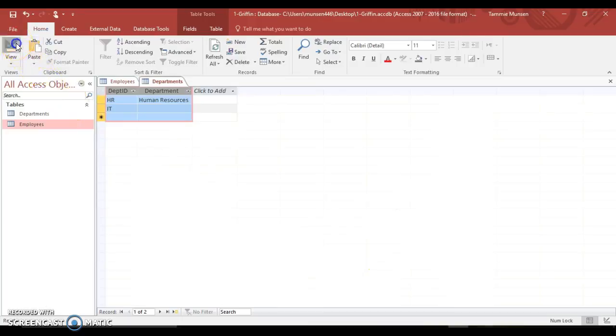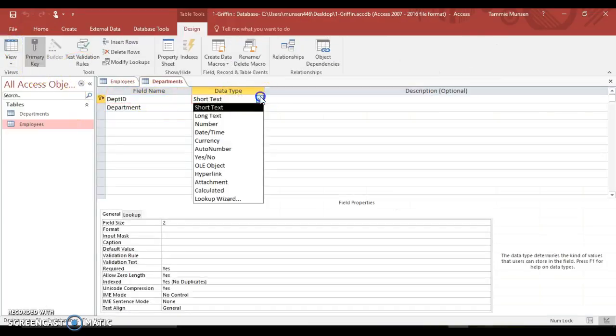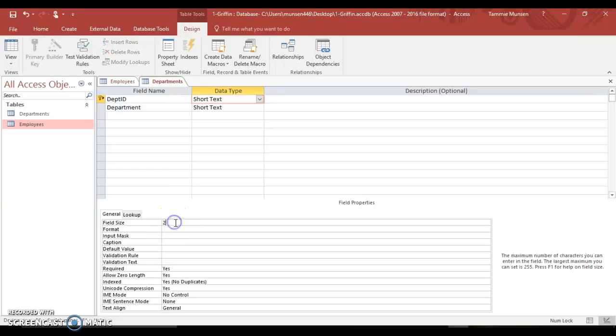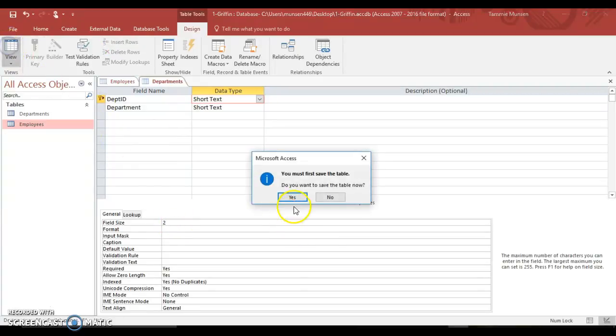So when I talk about data types, we have short text, but from the drop down you can pick long text, number, date, time, currency, yes, no, etc. And then when you set field sizes, you just go down here to field size and you set it for whatever it is. By default it's 255. But it's going to ask you to make